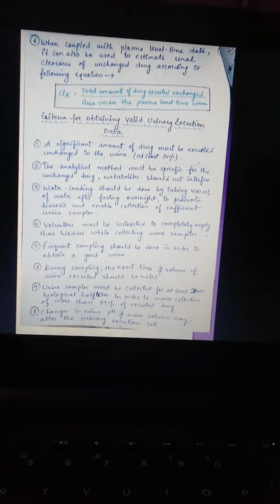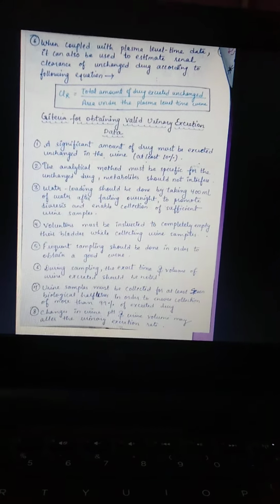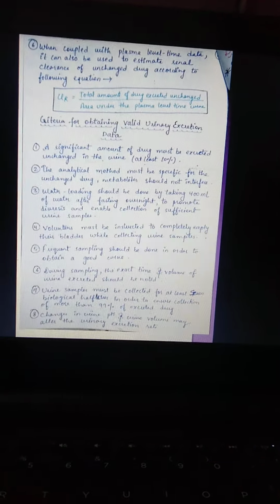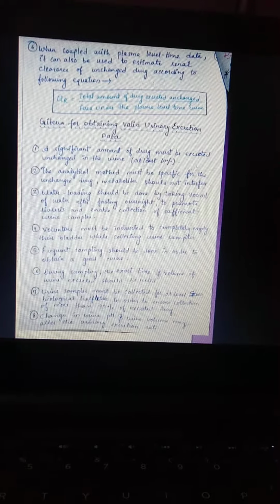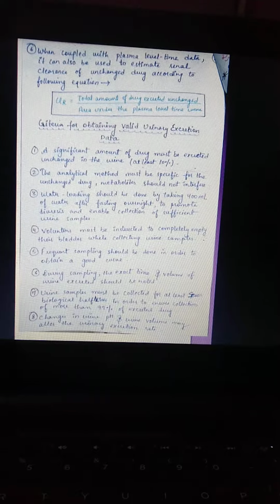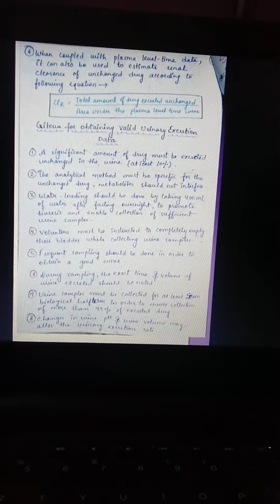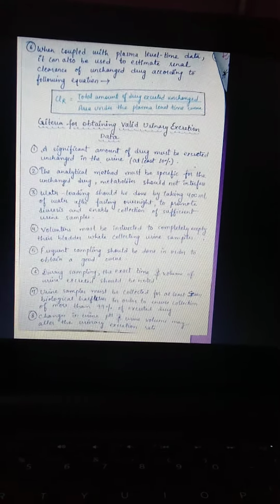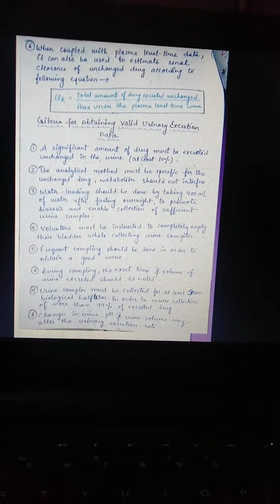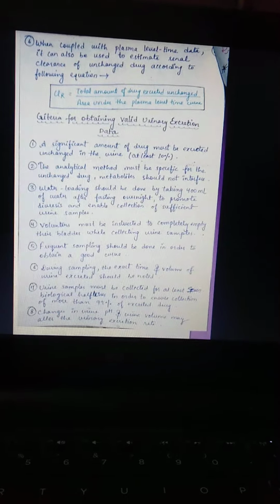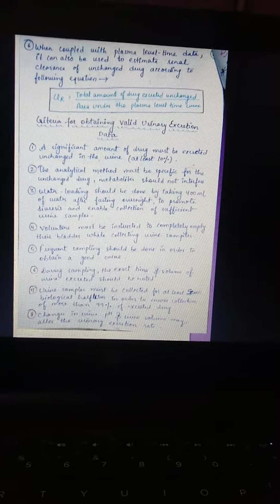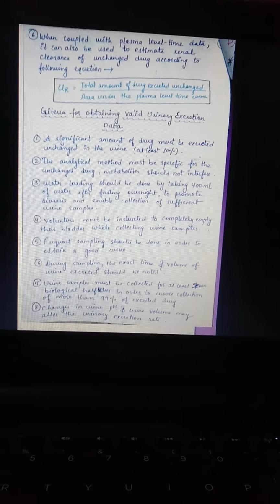Volunteers should be instructed to empty their bladder while collecting the urine samples. Frequent sampling should be done. During sampling, the exact time and the volume of urine excreted should be noted, and an individual collection period should not exceed 1 biological half-life of the drug, and ideally should be considerably less. Urine samples must be collected for at least 7 biological half-lives in order to ensure collection of more than 99% of